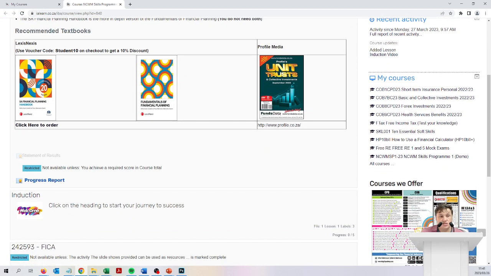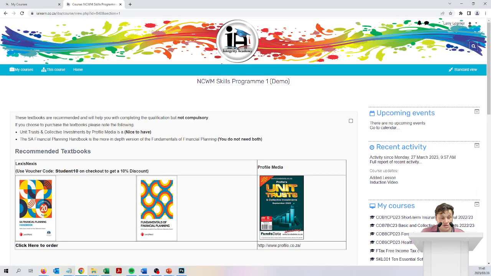Now on this page, you will see here's the link for the progress report, as well as the statement of results. The statement of results, as explained earlier, is only accessible once you have completed the entire skills program. So until that time, you will not be able to download it. So if we click now on Induction